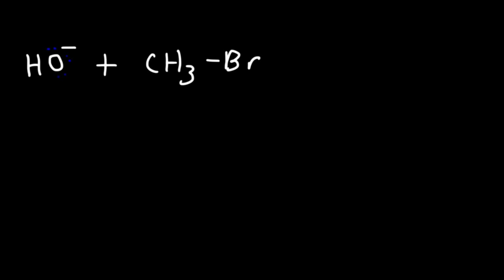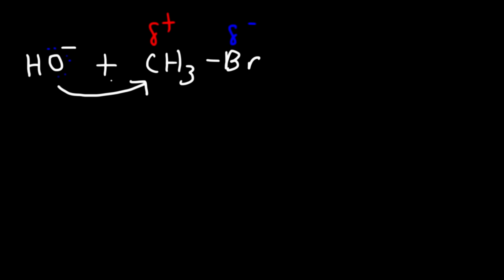Bromine is more electronegative than carbon. So bromine bears a partial negative charge, carbon bears a partial positive charge. So the nucleophile is attracted to the partially positive carbon atom, and so it approaches it from the back, and